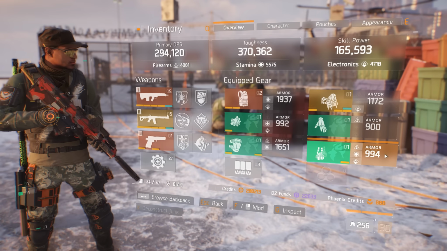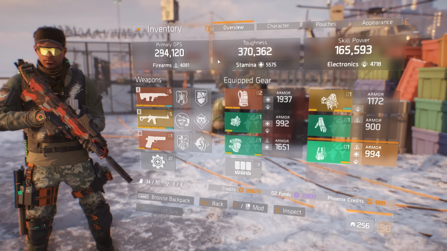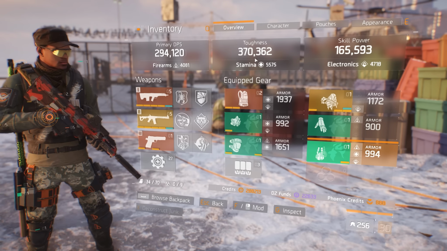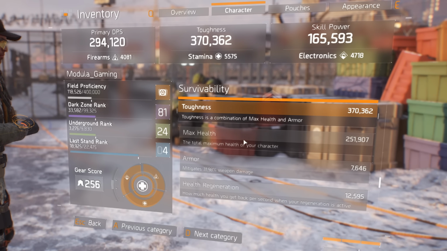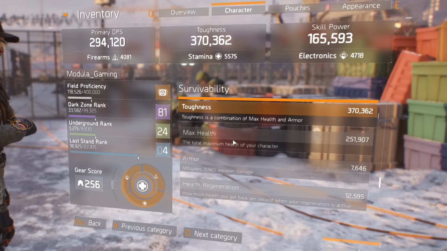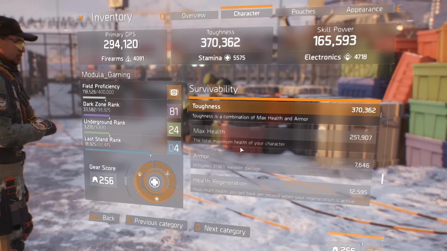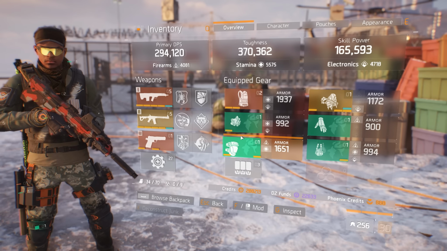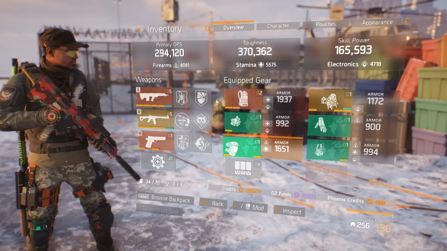With this build, we were able to achieve just over 294k DPS, 165k skill power, and 370k toughness, comprising of 31% armor and 251k health. These numbers will receive substantial gains based on skill use and of course talent synergy, which is where this build truly shines. Now, let's take a closer look at the individual gear pieces that make up this build, starting with